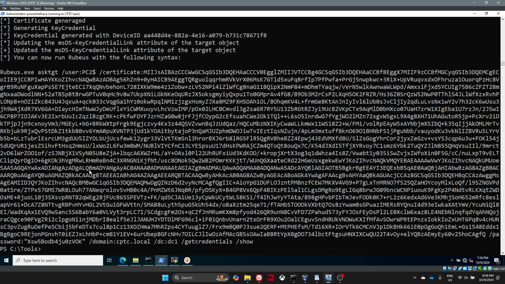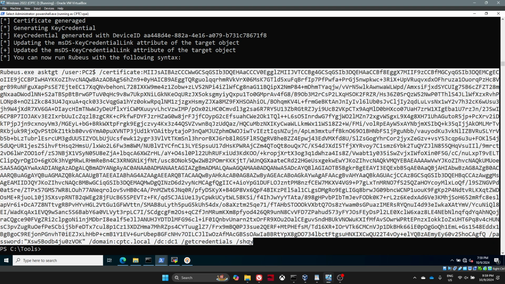I don't know why it's taking forever. There you go. And guess what is so nice about it? It even gives you the Rubeus command that you have to run to then use that key credential to get a TGT. So now using this command,